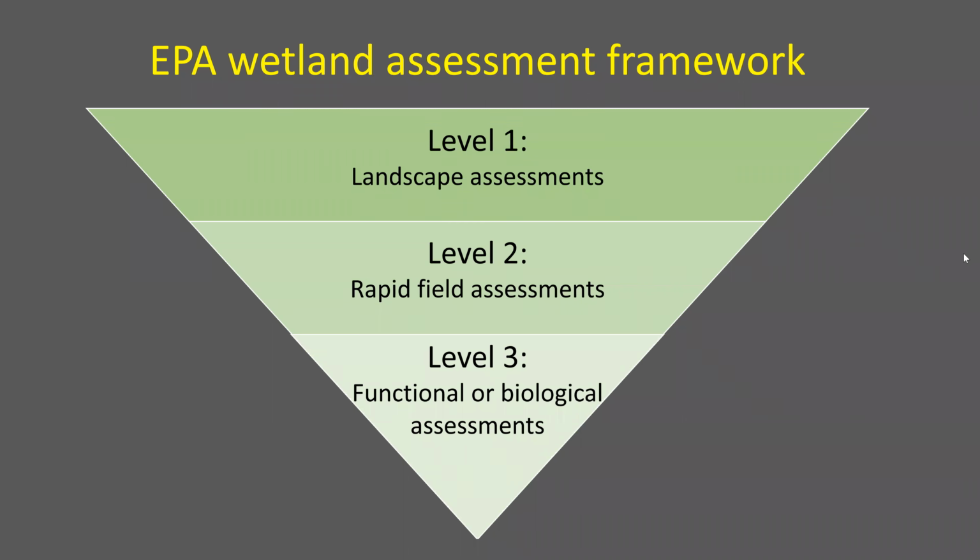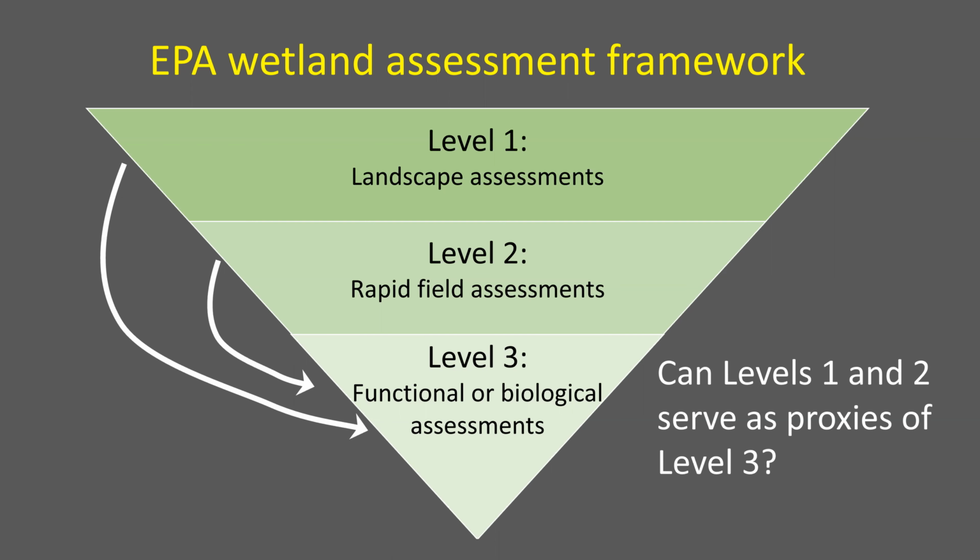So the Environmental Protection Agency has this framework for wetland assessment, and you can think of it almost as an inverted triangle. And you can imagine your wetland right at the bottom over here. There are 3 levels. There's level 1, which is a landscape level assessment. So it's not really in the wetland, it's actually outside of the wetland. Level 2 is a rapid field assessment method, which is sort of near adjacent to a wetland, sometimes within a wetland, but not quite. And then there's level 3, which includes functional and biological assessments, which are conducted right within